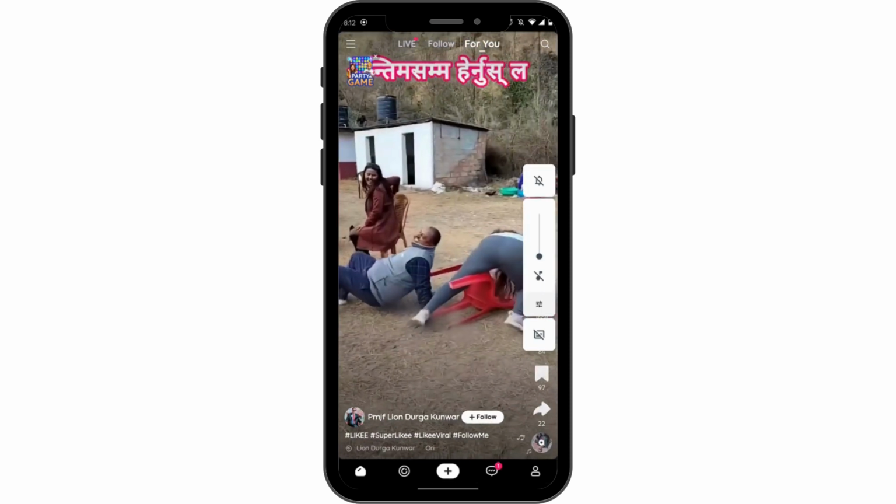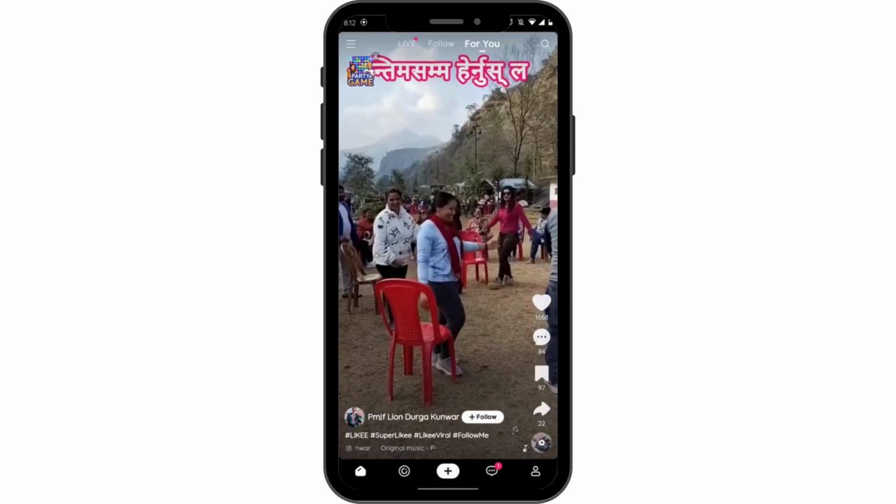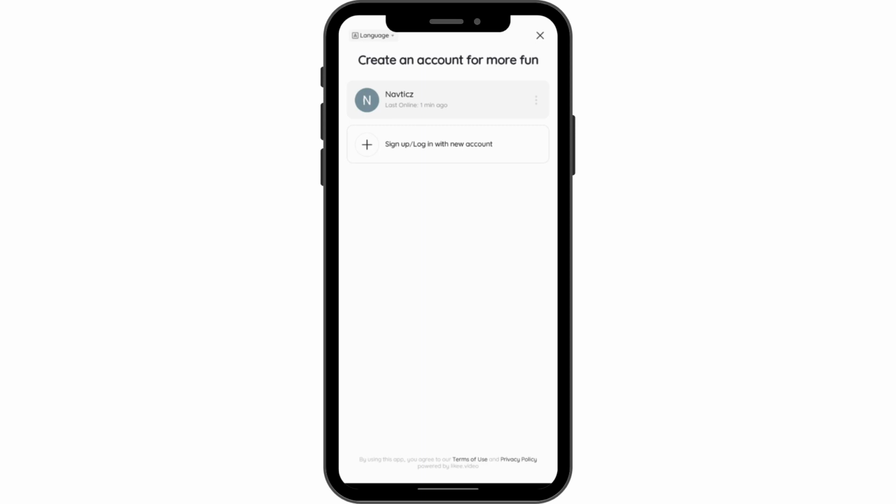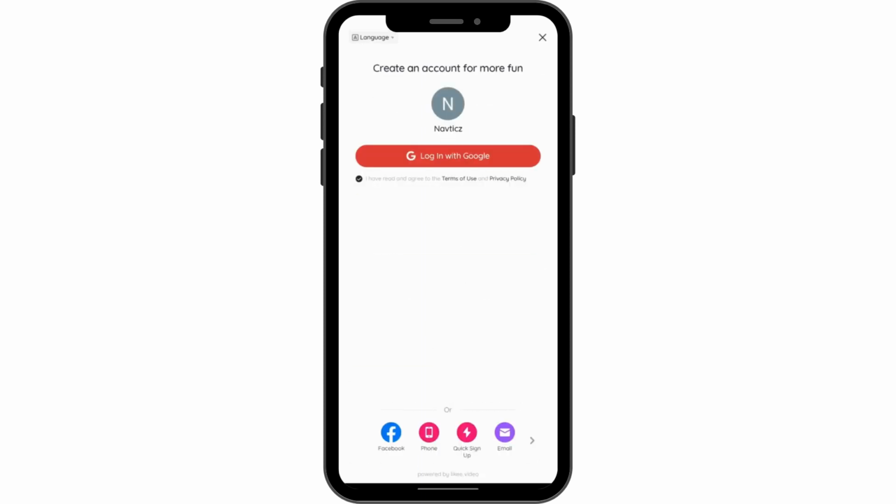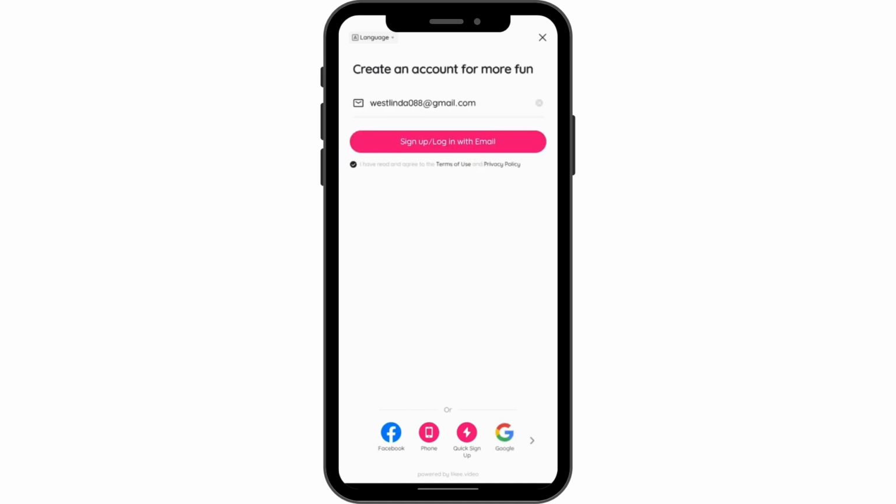and now you can simply go for the bottom right corner which has that account option, and now you can simply go for login with a new account, and then you can choose Facebook, phone, or quick sign up, or you can choose email. So I'll be choosing the last option, which is email, and then enter your email address